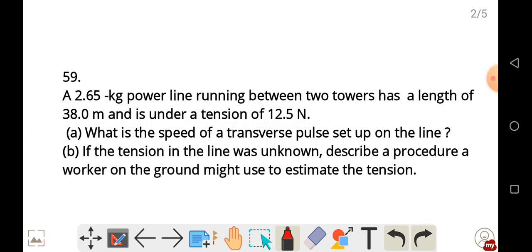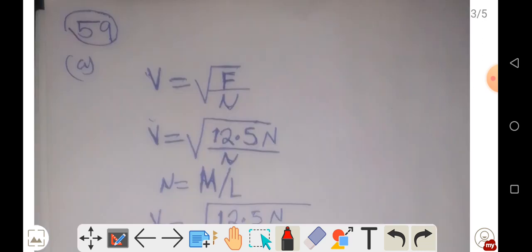In our question, we've been given the tension or the force to be 12.5 newtons, the mass to be 2.65 kg, and the length of the power line to be 38.0 meters. So with this information we can answer the question at hand. The force or the tension we have is 12.5 newtons, which we have substituted here. Then the linear density,